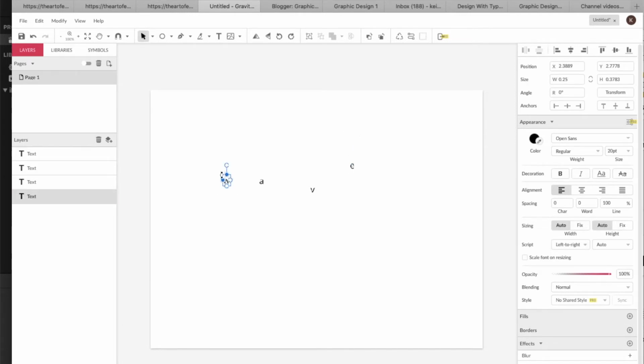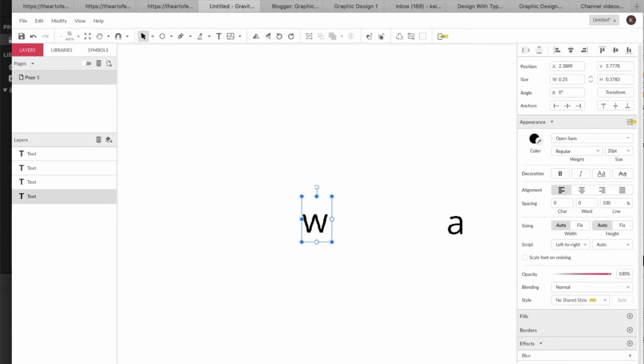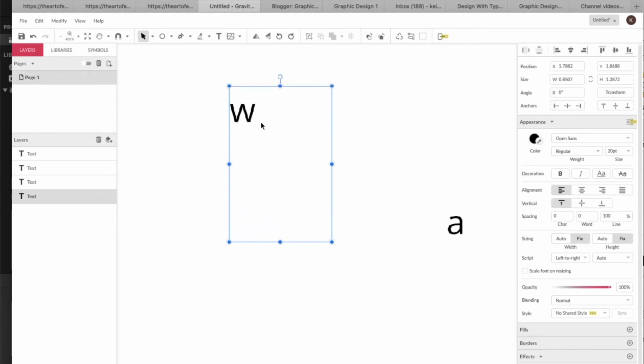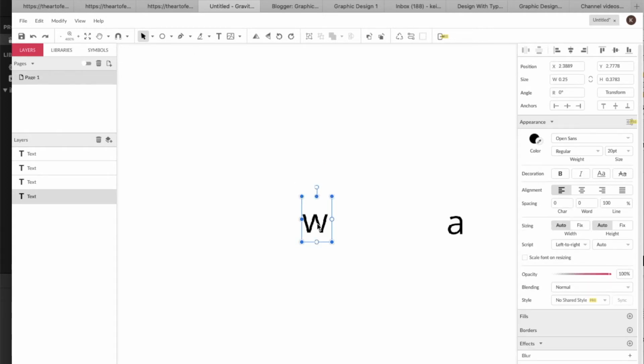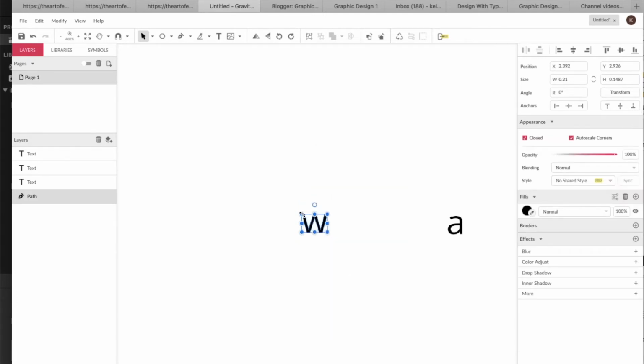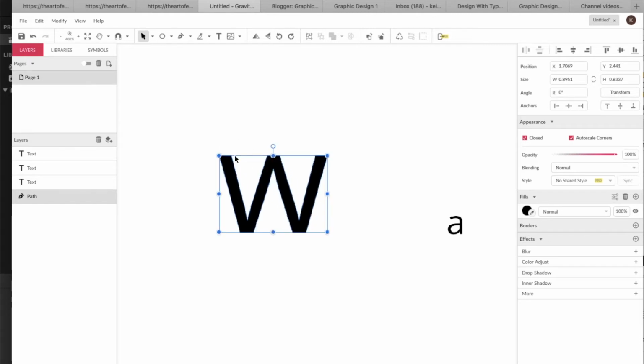Now, in order to enlarge your letter, for this I'm going to have to zoom in, which you can do with Control plus, and then zoom out with Control minus. It's not going to work if I just pull from the corner. So what I need to do is right click on my letter and convert to path. And now, while I'm on my black selection tool, that black arrow, I can click and drag from the